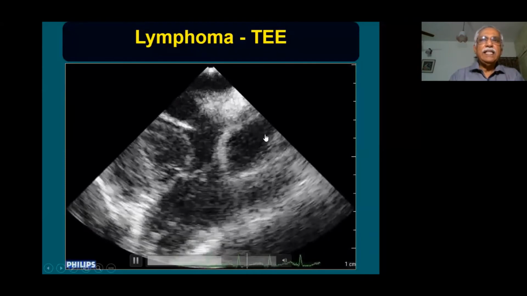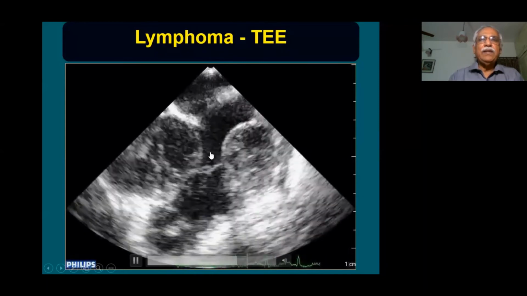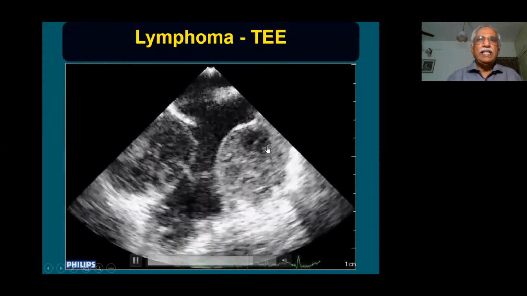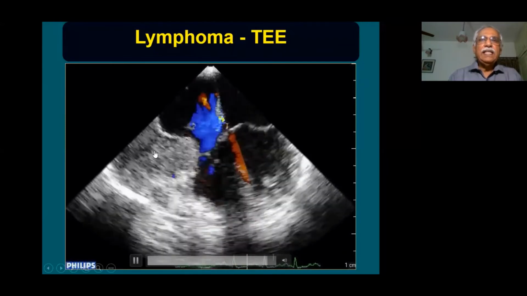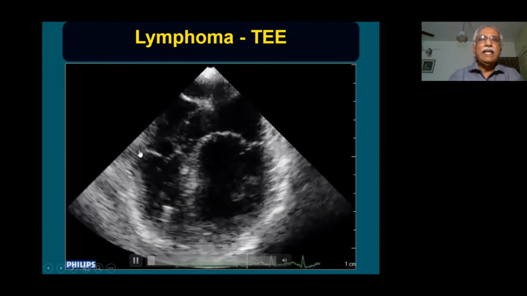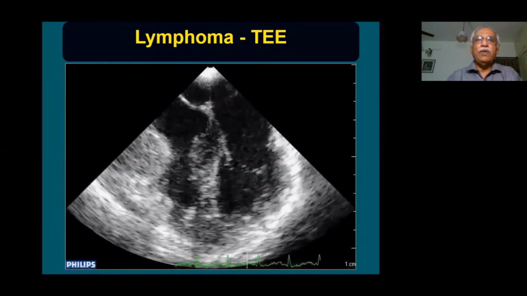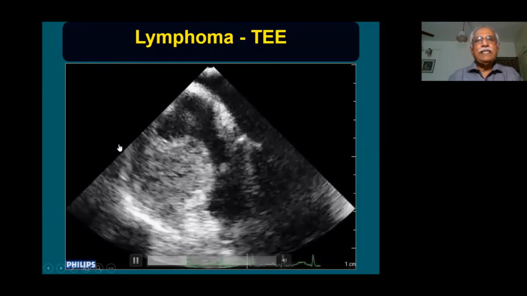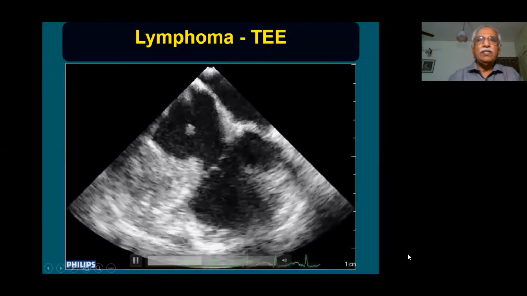Here you can see it is invading the tricuspid annulus and narrowing the tricuspid valve orifice. It is not uniform in character. It produces echo-free areas inside the mass itself, indicating that it is destroying the muscle tissue of the right atrium. So whenever you see multiple masses, it is likely to be a malignant one. This patient had a lymphoma which was invading the right atrium. The patient had a lymphoma inside the chest also, and it was extending into the right atrium.